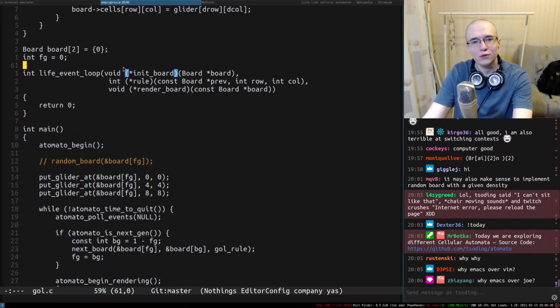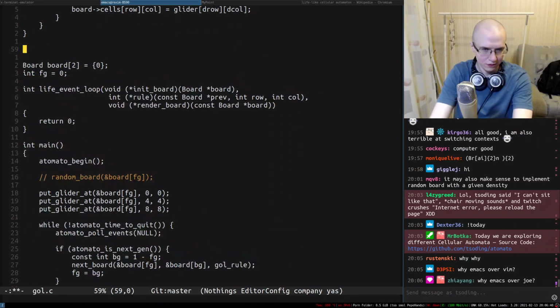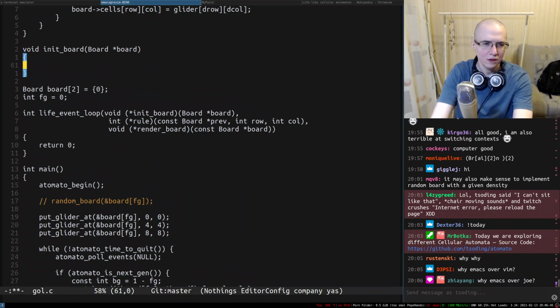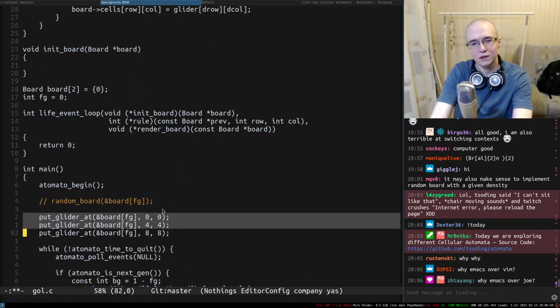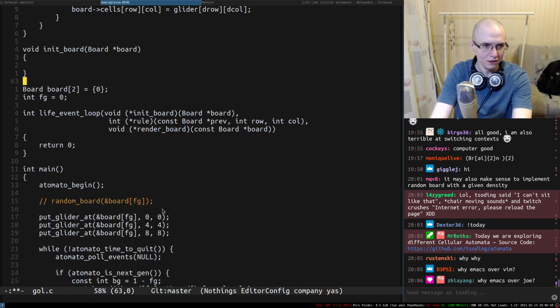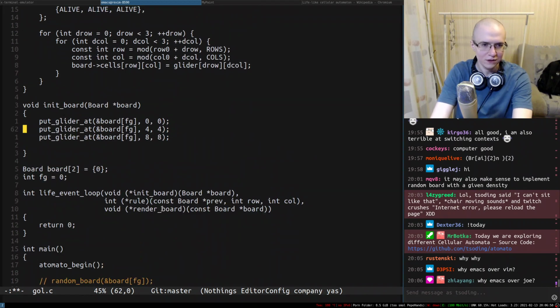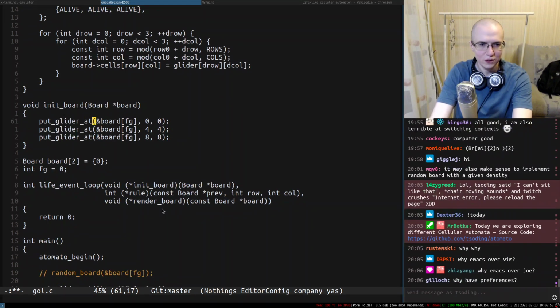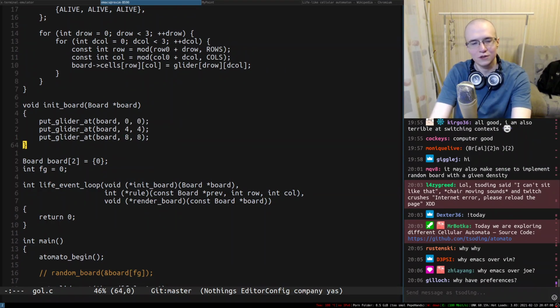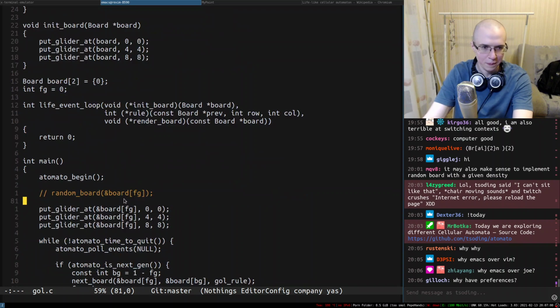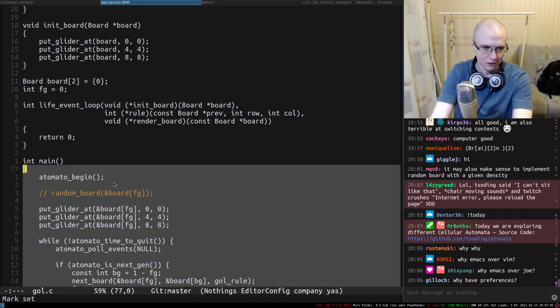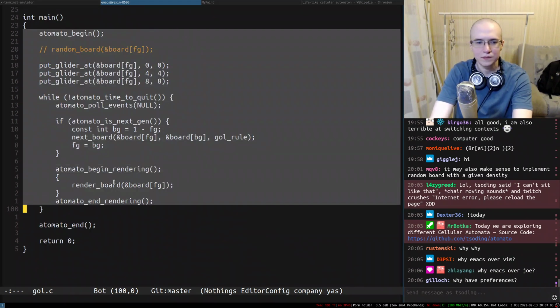So the idea is the following. I don't have init board, so let me introduce it. It's going to be init board. And in there, I'm going to actually put this thing. So here's that. And I can just quickly replace this entire thing like this. Here's how we initialize everything. Then I take this entire stuff,